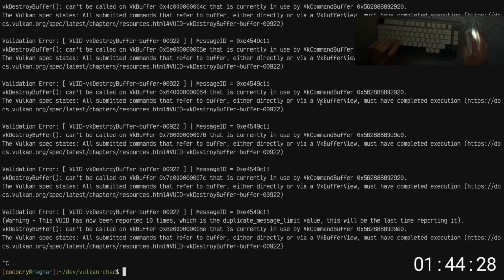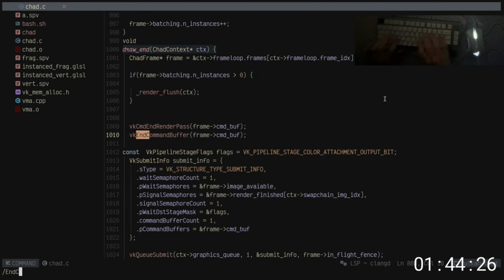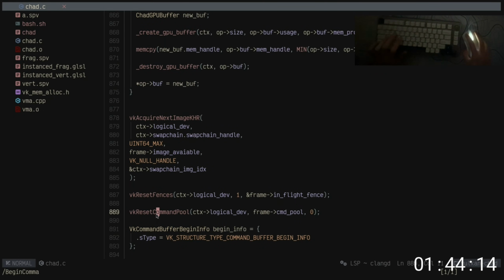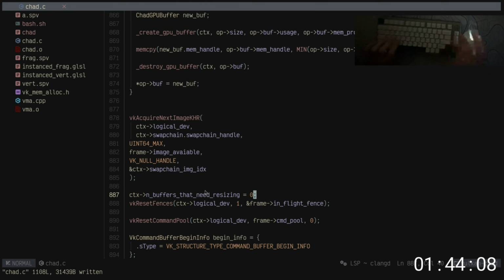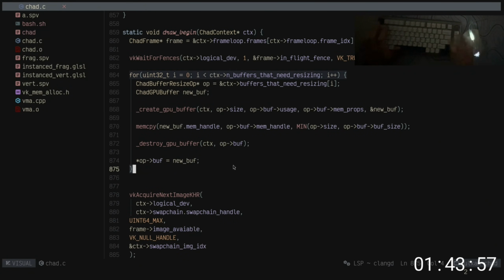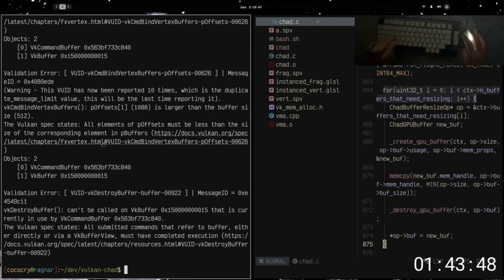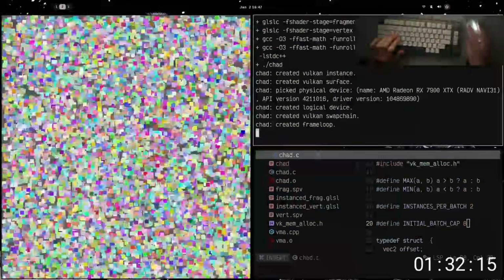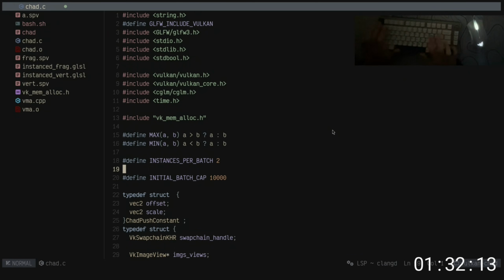Wait, so that is currently in use by the command buffer, but we do end command buffer and begin command buffer. I mean, we reset the command pool, so I definitely need to do this. But does resize even exit? I mean, it probably is. Why did it not work yet? Okay, so I finally fixed the issue with the validation layers. Now it works. I needed to change some things up, but I'm not really going to get into the details because